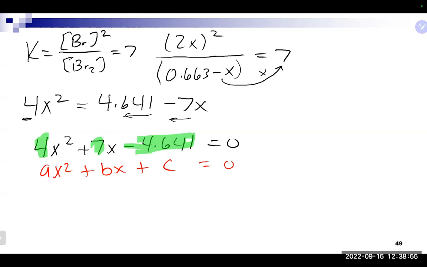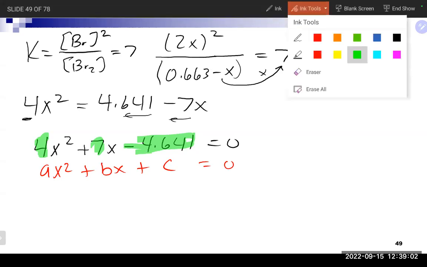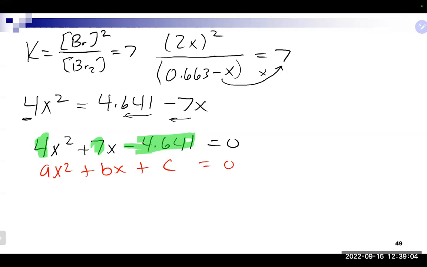So it is the negative version of it. That is going to go into our quadratic formula there. And that's going to be x is equal to minus b plus or minus the square root of b squared minus 4ac, divided by 2a. All right, so popping in our numbers there that were highlighted for a, b, and c, we get x is